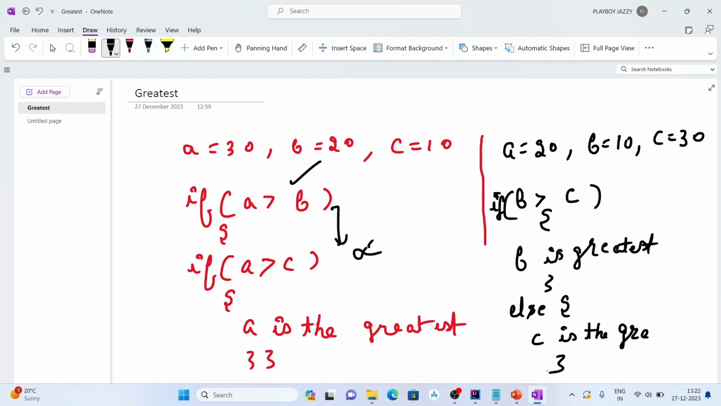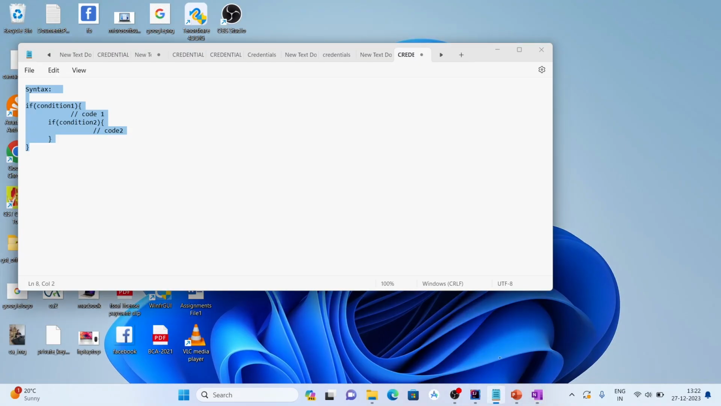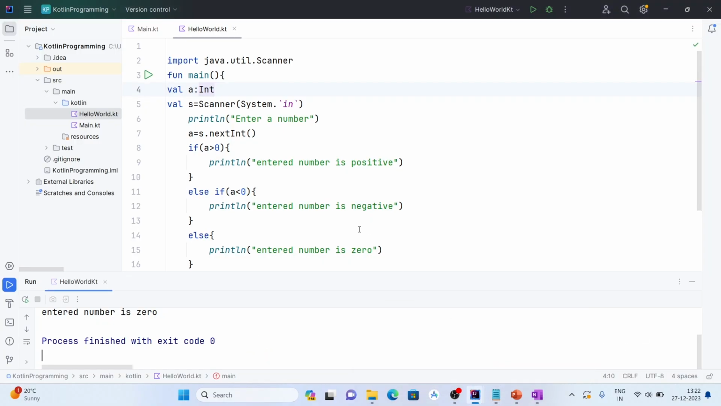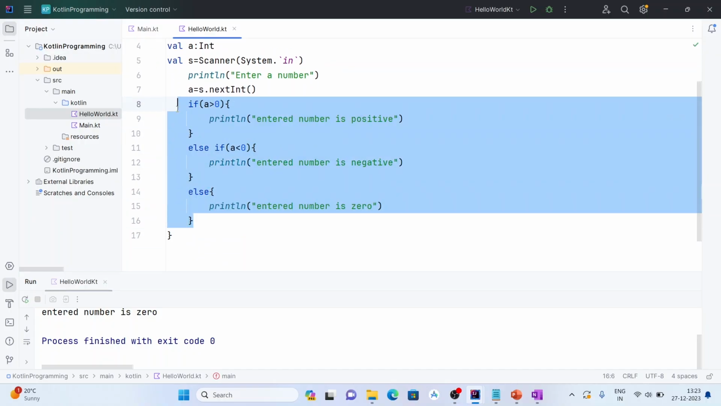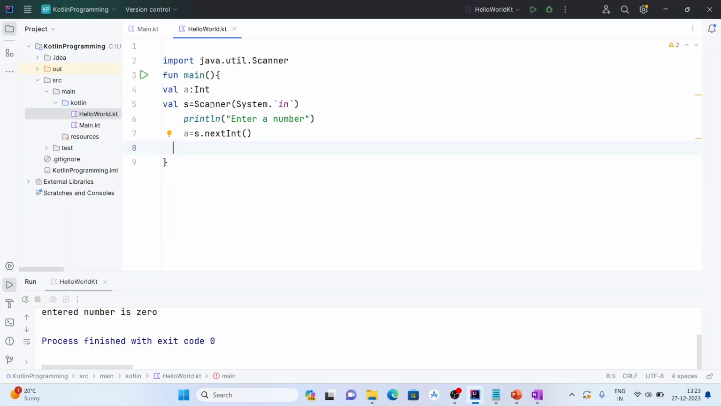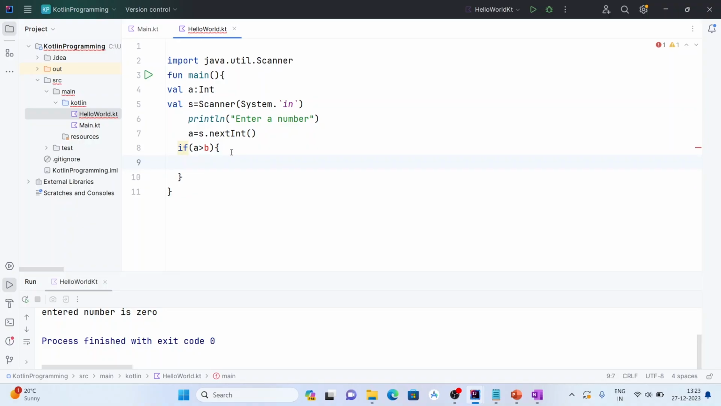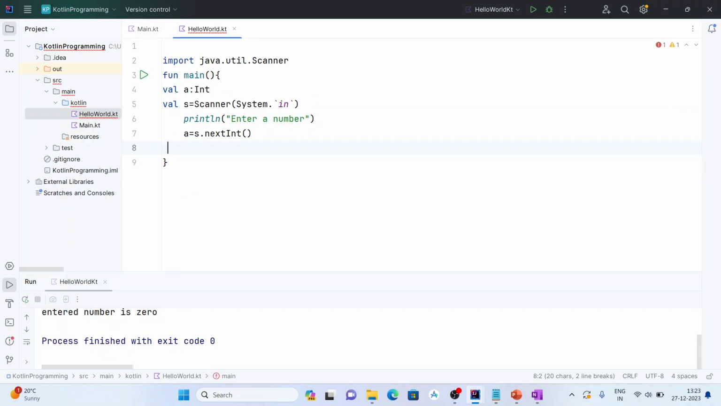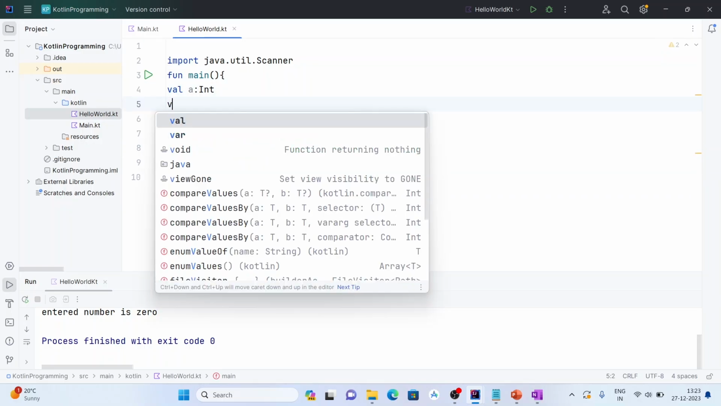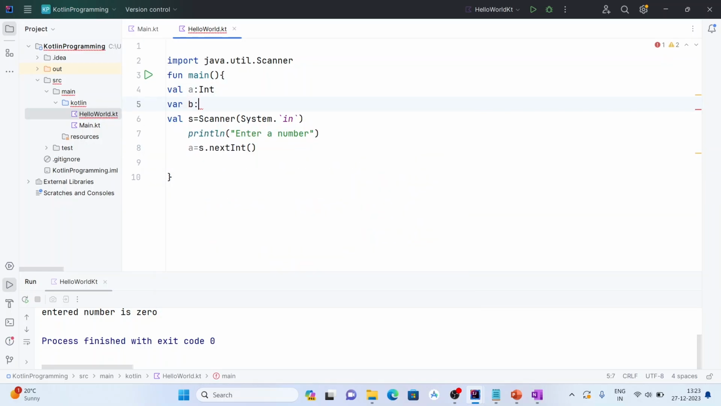Let's do the practical using IntelliJ IDEA. Open IntelliJ IDEA. Let's clear this. Here I have declared one variable, int a, and take the input from the user. Here I apply the condition if a is greater than b. The condition is true, let's go inside it. I have to take three numbers, not one number. I have to declare three variables here: a, and var b of type int,